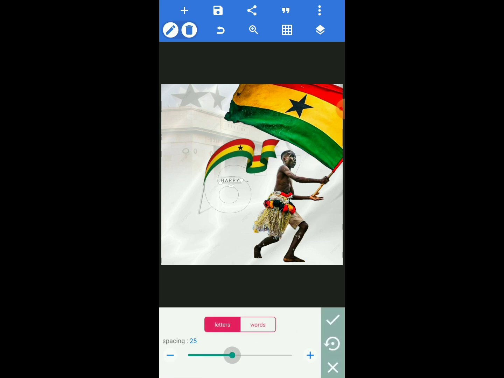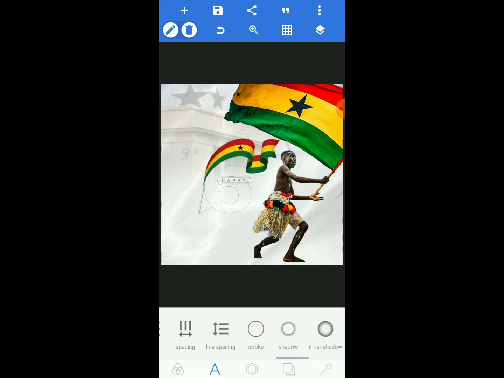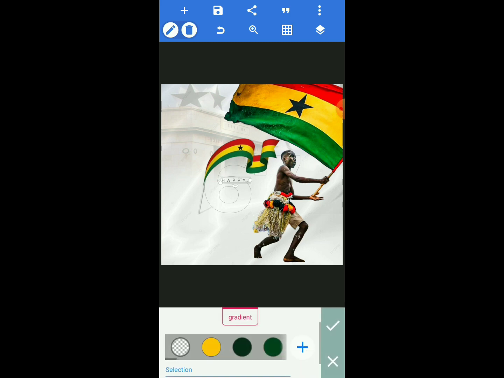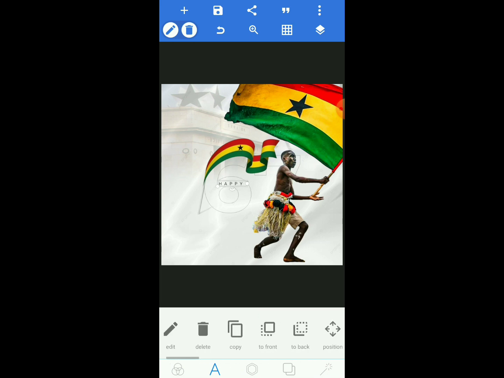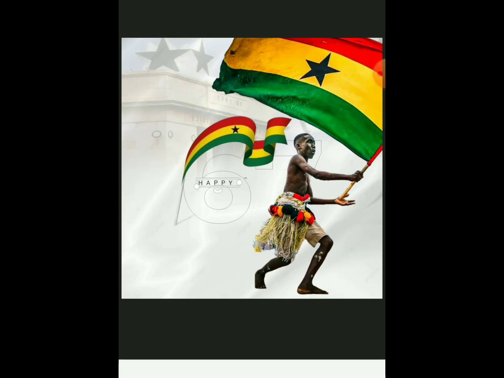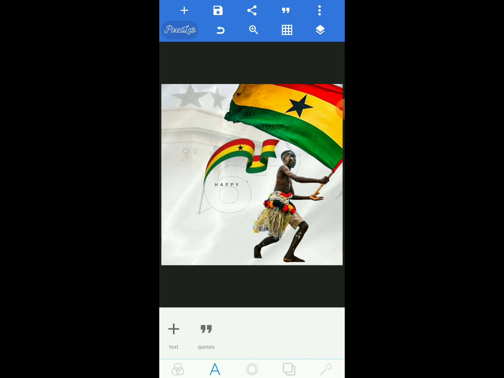Spacing of it should be around this. Okay, 58 is okay. And we come to color, and let's give it this black color. All right, so give it black color like this, and position it here. Let's position it here, and we can copy it, or we can simply come to edit, and then let's write